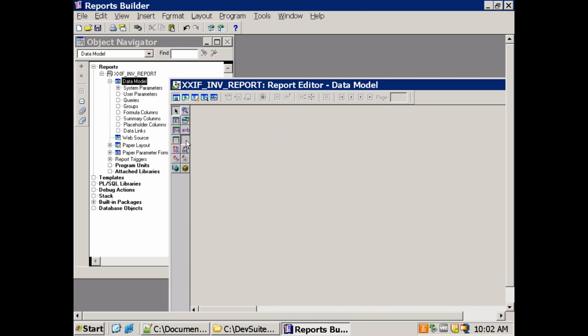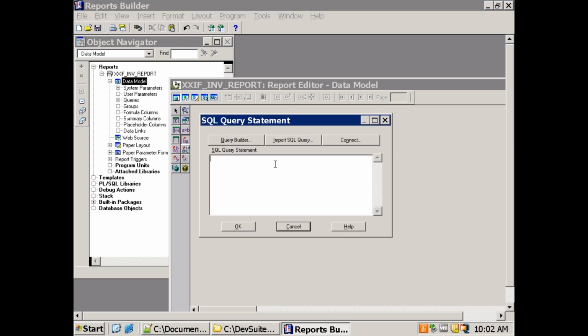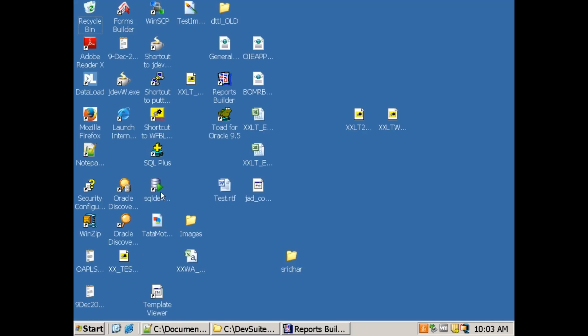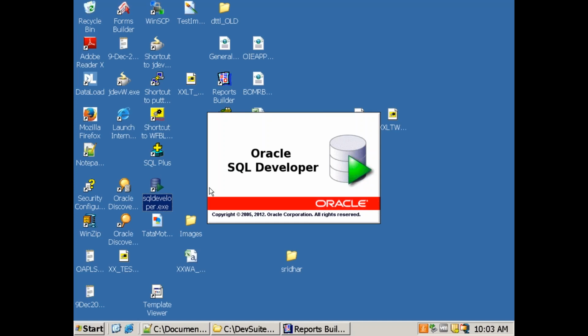Once you click on that, the cursor changes to a plus symbol, and on this plain area, perform a mouse left click. Now it will ask you to provide the query, and here don't try to use the query builder and those kinds of things. The best thing is, first of all, when you are designing the report, we have to understand your requirement first, right? Unless you know your requirement, how can you design a report? So first,